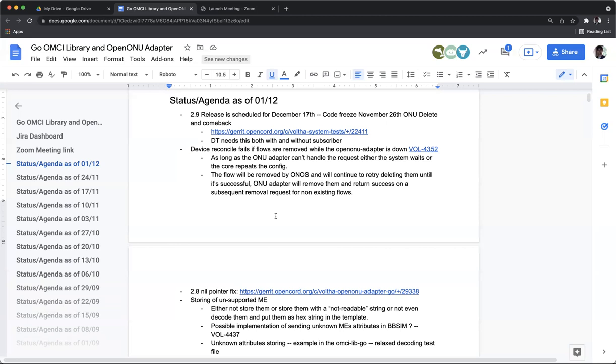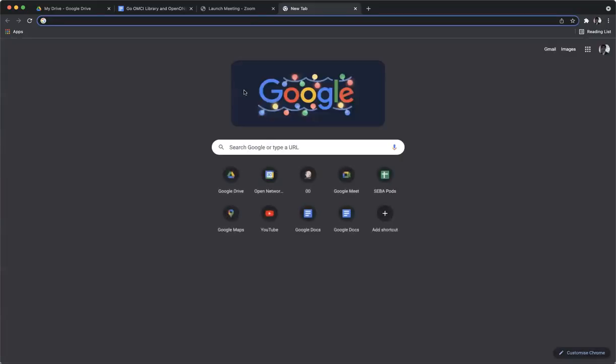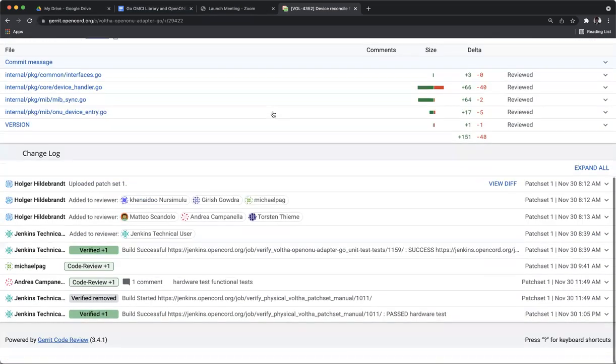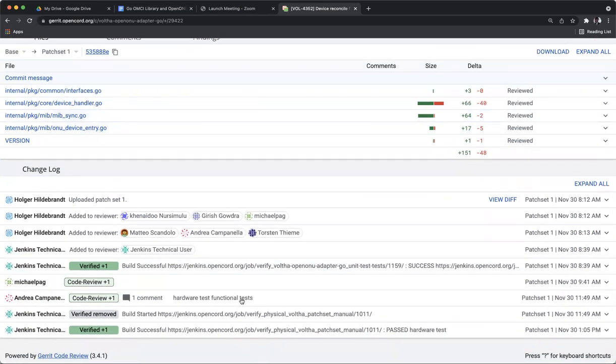Long story short, there is some work we are doing to make the issues that you mentioned go away, and we'll continue on that front. The good news is your patch passed the hardware test, which I triggered yesterday.